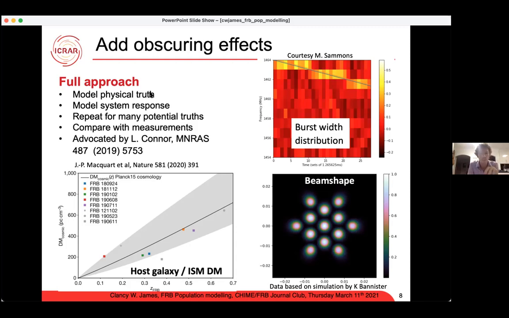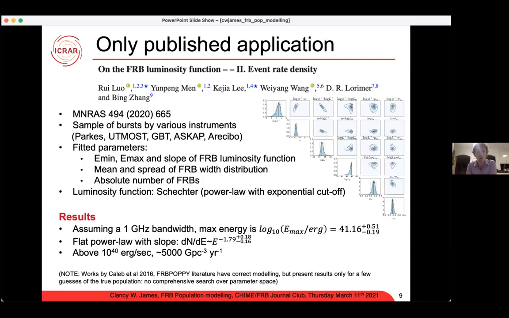Because there are a bunch of papers, I think it was probably a paper by Manisha Caleb et al., that first included all these different biasing effects, more or less, right? Some models. But they didn't then go on and iterate over possible physical truths. It was more like, okay, let's take a single guess at this. For that single guess, what might we see? And of course, that then doesn't tell you how good your guess was. So Ray Lau and collaborators published this paper.